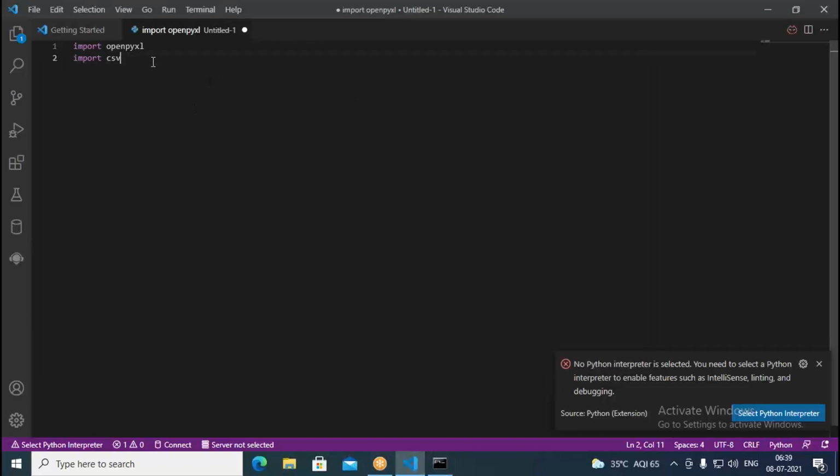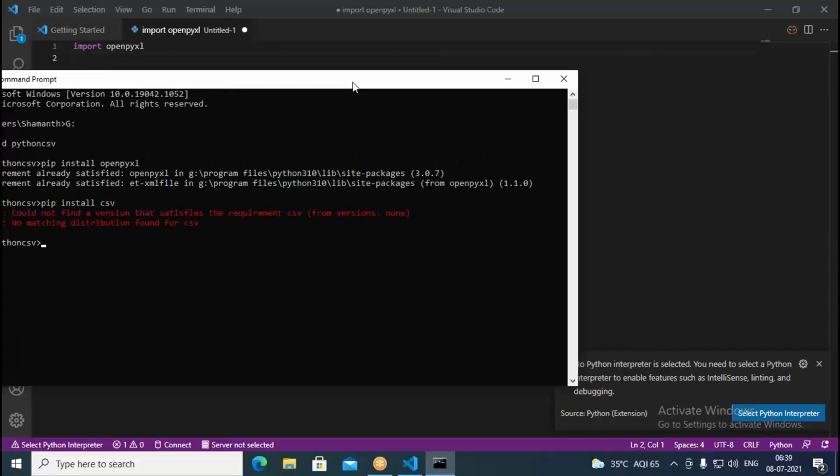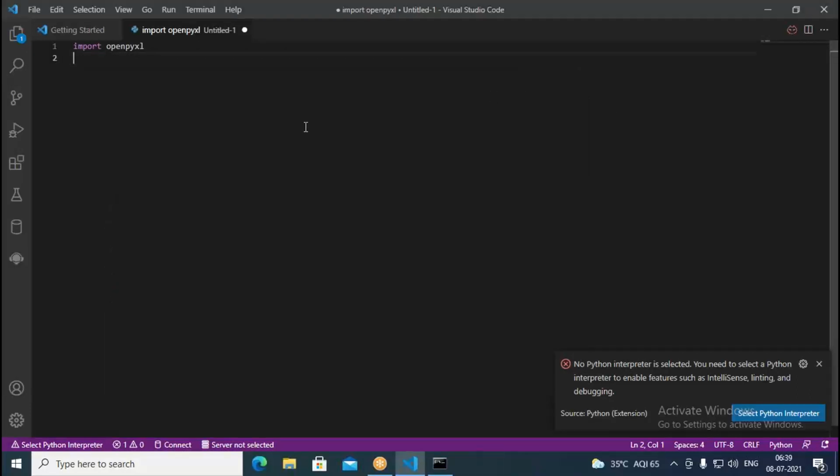So that's here, I don't go with it now. Why is this giving an error? We'll see: it could not find a version that satisfies the requirement csv. So in pip it's not available. I have given the same command for csv. We'll see that particularly later on. But now we work with OpenPyXL.